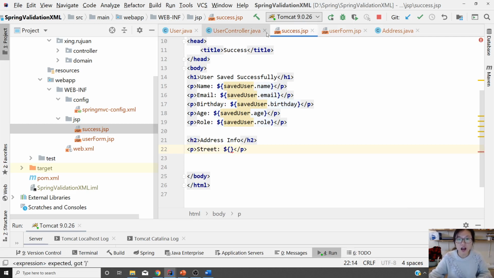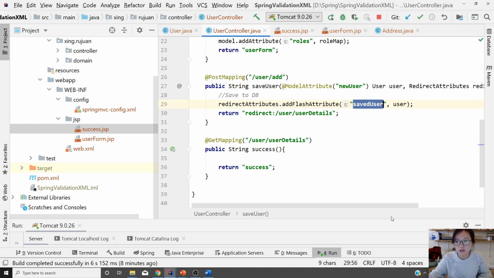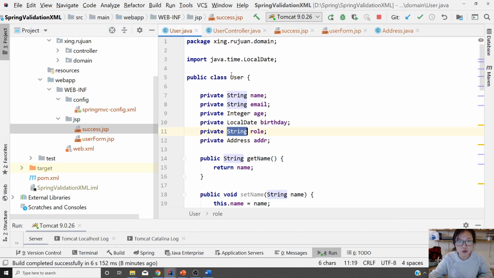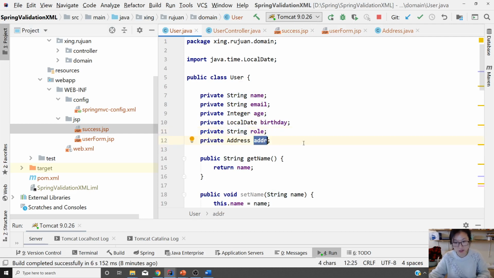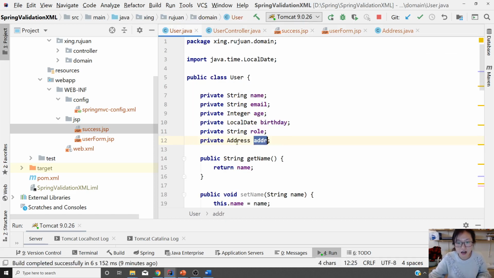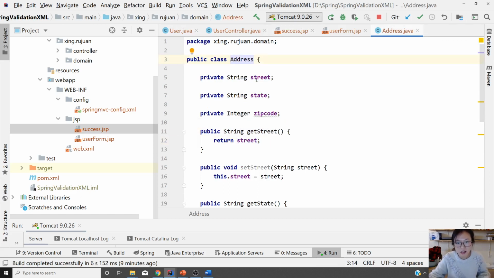You still start with your key, saved user, okay? Saved user dot find. Saved user represents this user domain model. You find this addr, which is address, okay? Dot address, then dot. From this addr address, you go inside and display the street